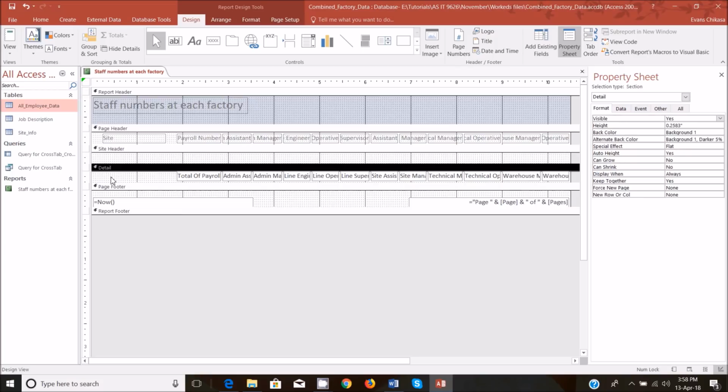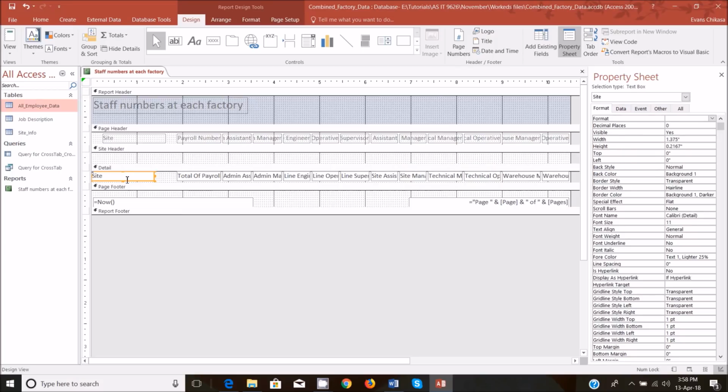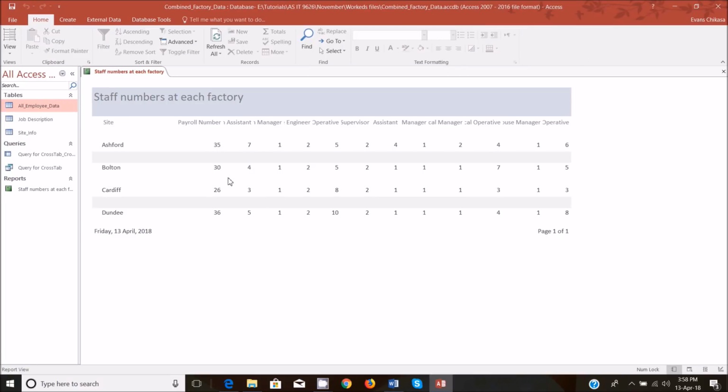Cut it and paste it in the site details. So just put it there and have it like that. Then let's view it, report view, and that looks good. Okay, that looks good. It means now I can have the sites like that. Okay, so the other thing, guys, that is important, the gray shade here, is because